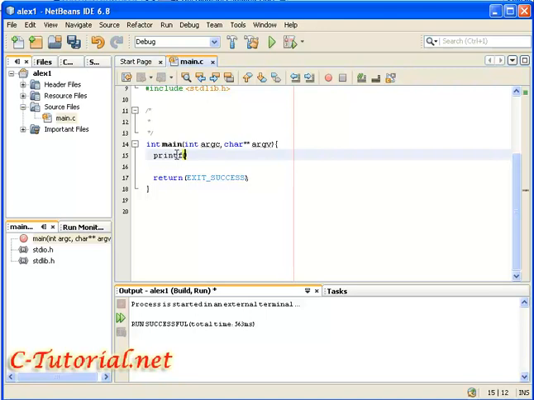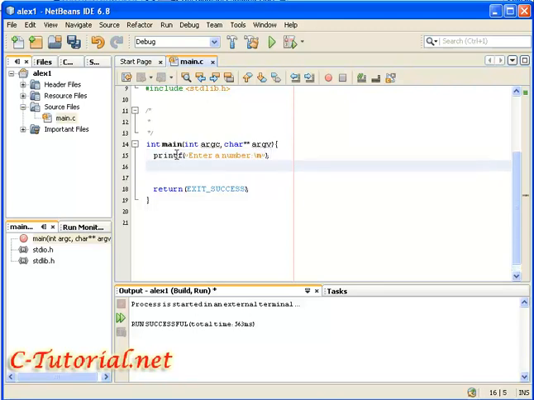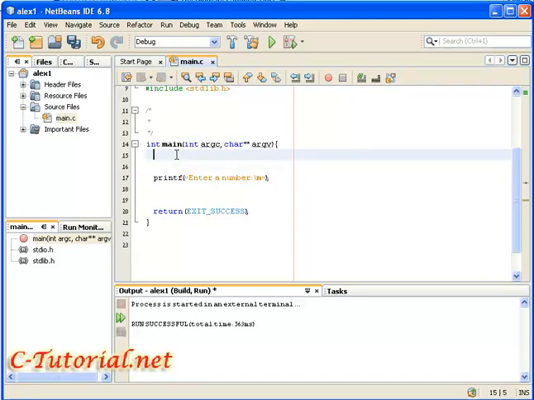Let's write printf, "enter a number," and line break. Let's declare a new variable. Let's call it num. It will be an integer. Let's scanf,